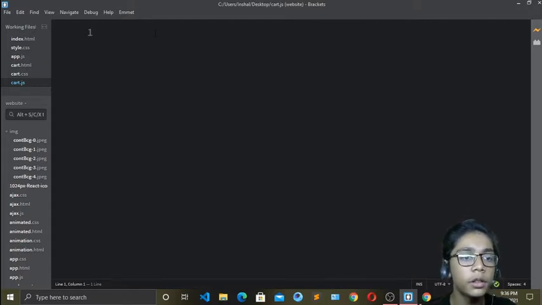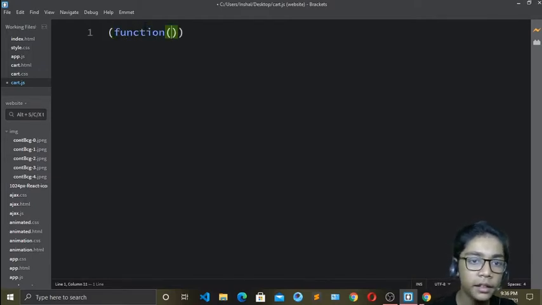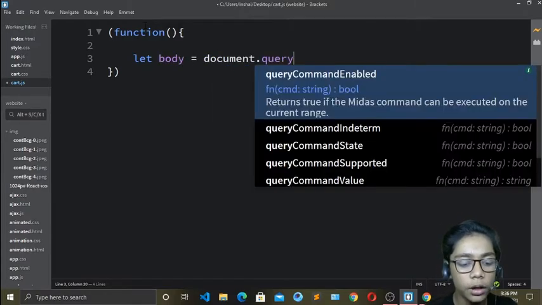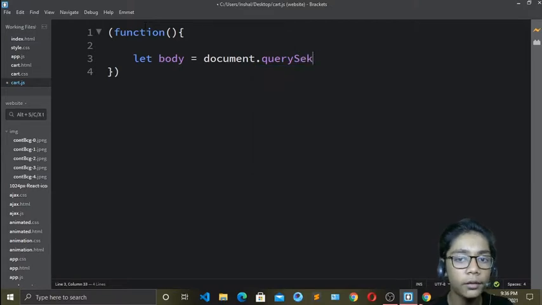Okay, so this will be really big, because first of all we have to define the colors which I want randomly, like I've been telling you, and all the things over here we have to define. So first of all I will write function tag, and in that I will write let. Okay, so with the help of this let, I will first write my tag, which is called body. So I will write body equal document.querySelector. Okay, because the starting code is JavaScript. So I will write body in that.